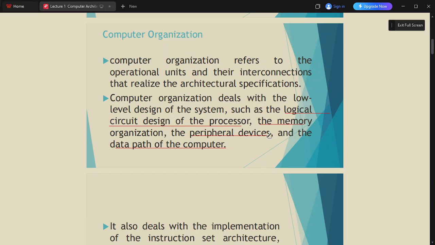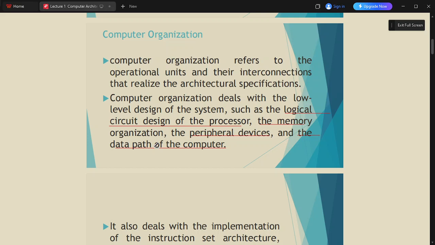I'd like us to move to the last highlighted point there, which says the data path of the computer. So what is meant by the data path of the computer is simply the routes or the pathways data travels within a system. Remember we said computer organization describes how internal parts of the computer work together to carry out tasks. So this part there, the data path of the computer, is simply the pathways data